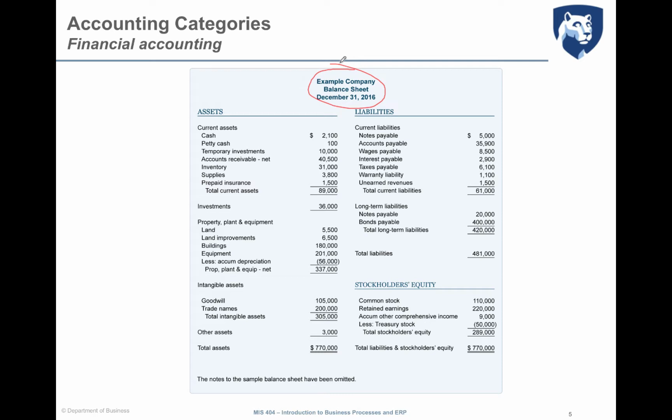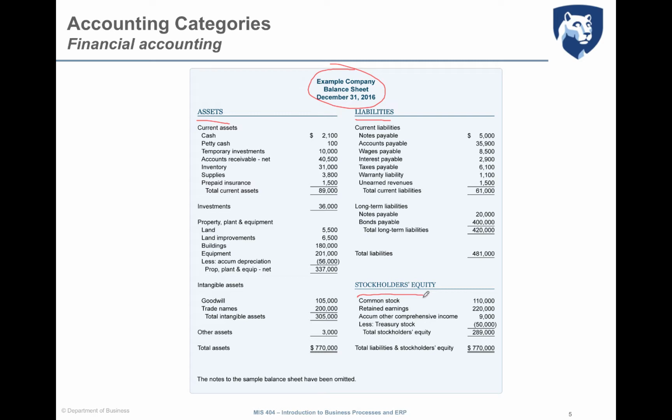Besides the balance sheet, we will see the income statement and financial statement, which are then delivered to the organization's management, investors, lenders, suppliers, tax authorities, and other stakeholders. Here you see an example of the structure of the balance sheet, but we will analyze this in more detail